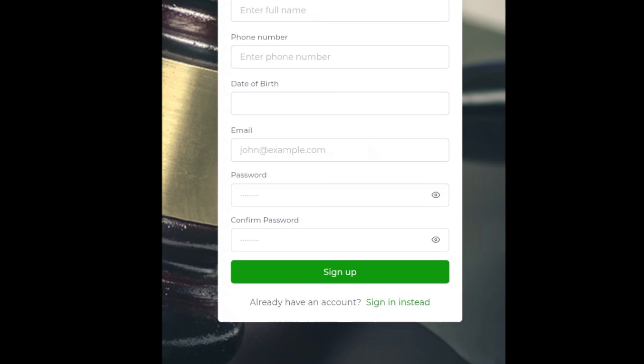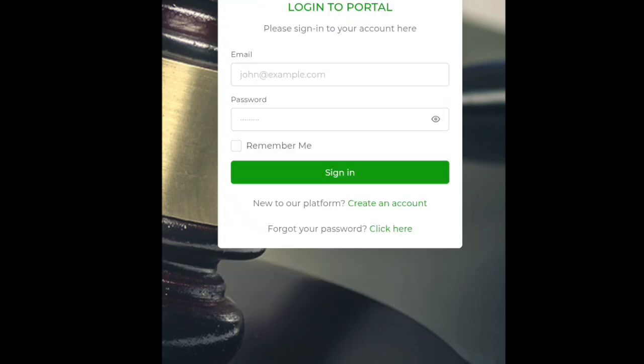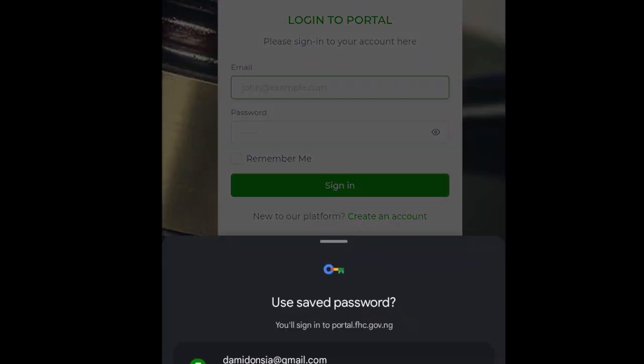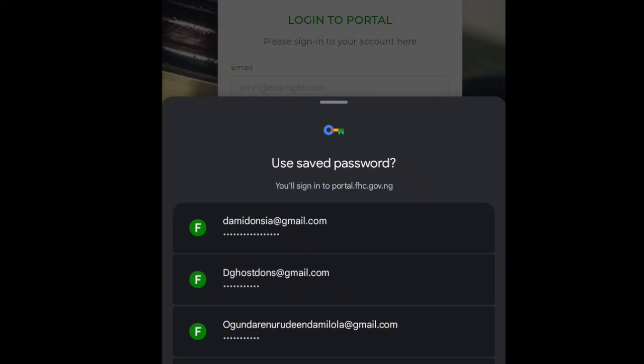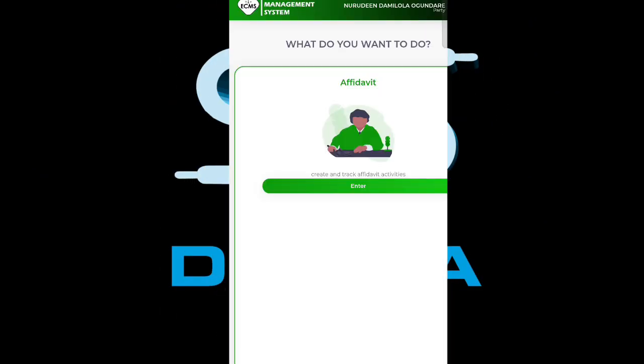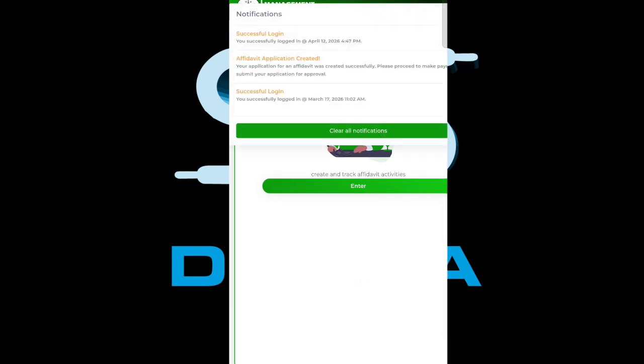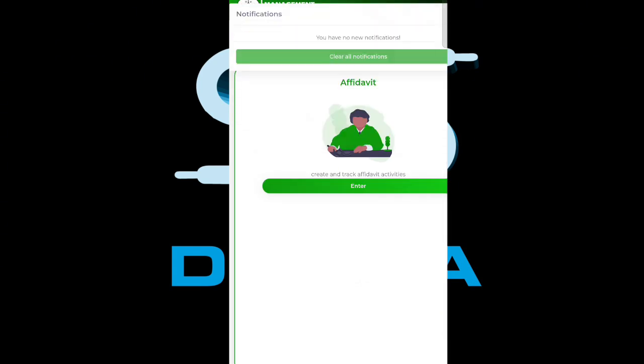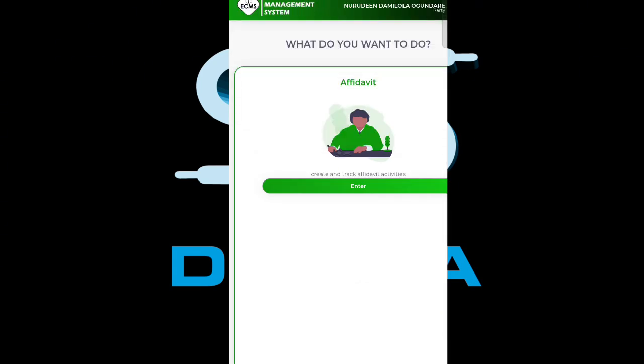So now after typing everything, a verification link will be sent to your email address. Once you get the verification link and confirm, then you'll be able to log in. Now if you want to log in, this is one of my accounts. So you are going to log in successfully like this. Once you are logged in successfully,